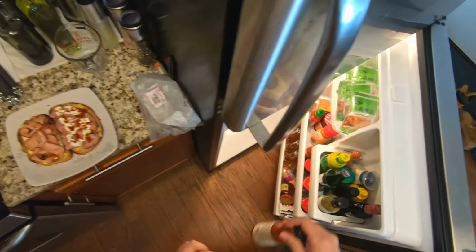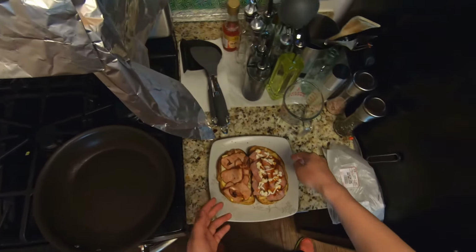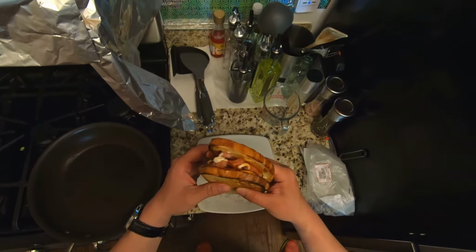All right, put that in there, and we assemble the sandwich. Voila, and there we go. That is a